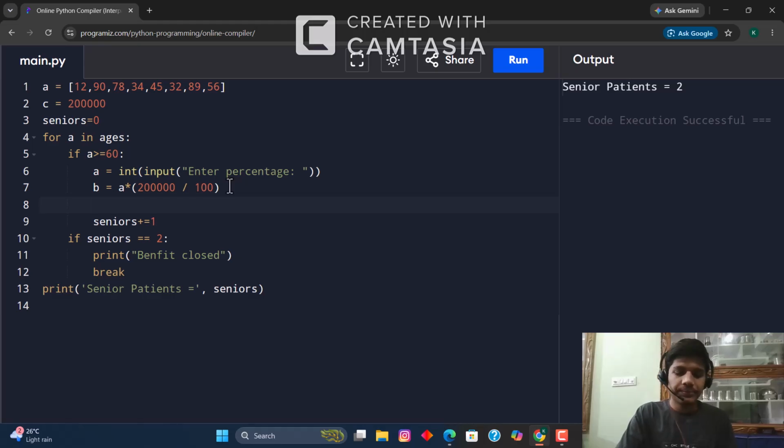So here print the total amount which we have to pay. B minus, sorry, C minus B. Okay. So when we go with it,